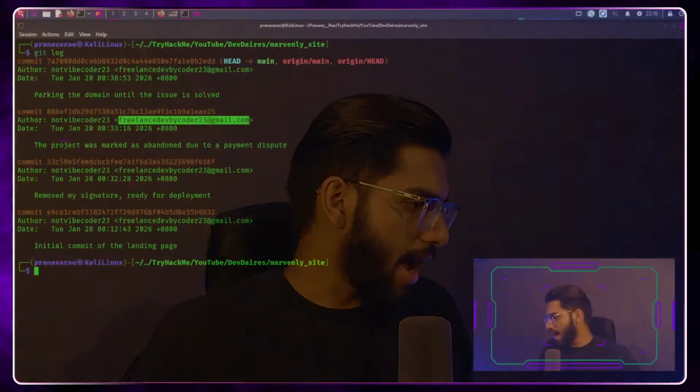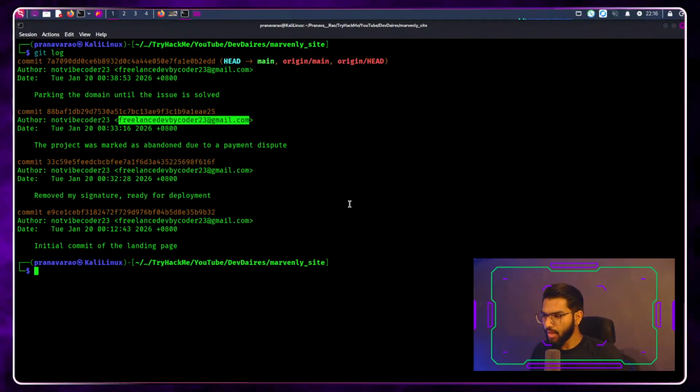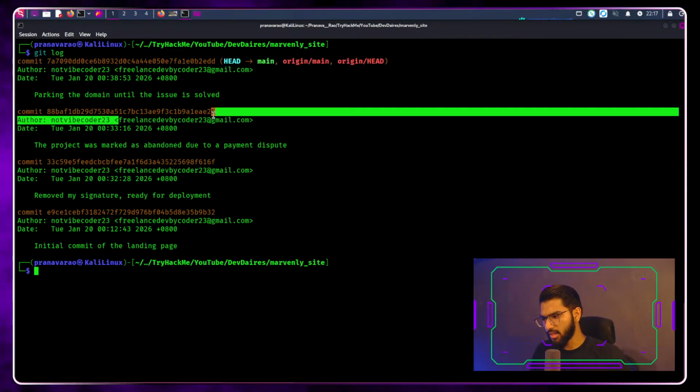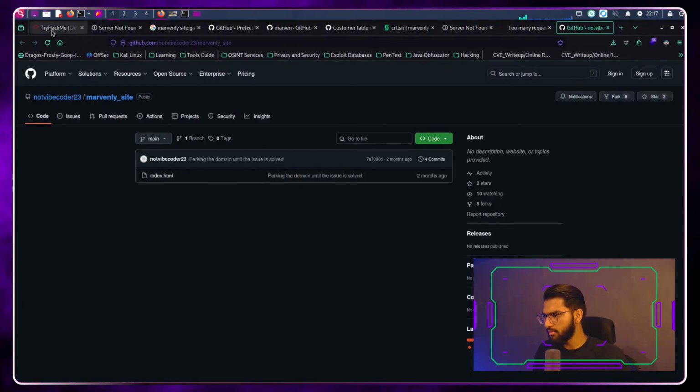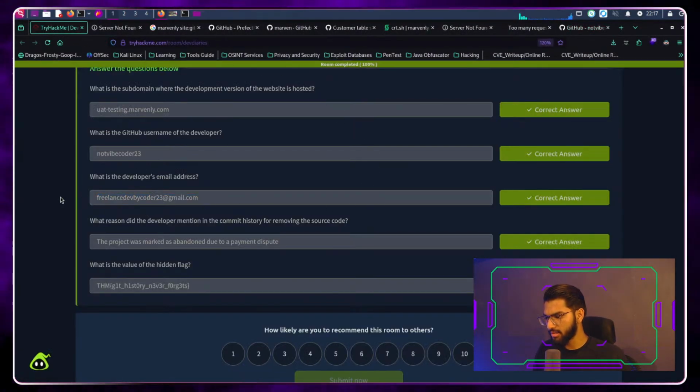Make sure that when you are hosting or sharing your addresses on such profile pages and such places, you have the awareness about the responsibilities and the burden of exposing these email IDs. Let's get back into this, and here we get the email ID of the developer who developed this site, and that has also been verified here by entering this tab.